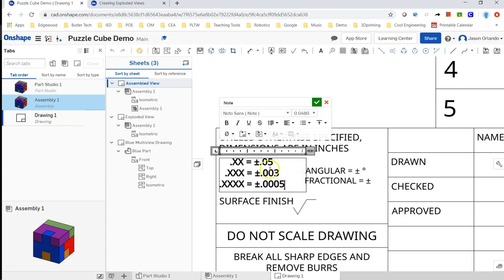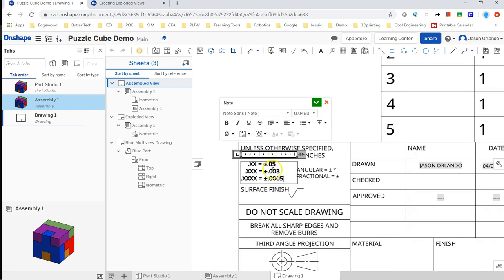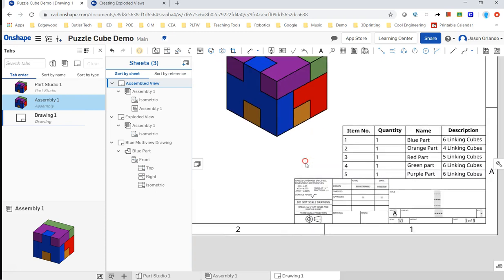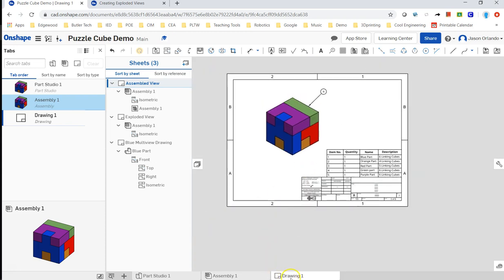And then these are global tolerance notes. If you ever have a tolerance that is not to follow these rules, then you would give it with the dimension, of course. So there you go. There's just a quick overview of starting to create your drawing page, or pages, all the sheets underneath that drawing tab. So